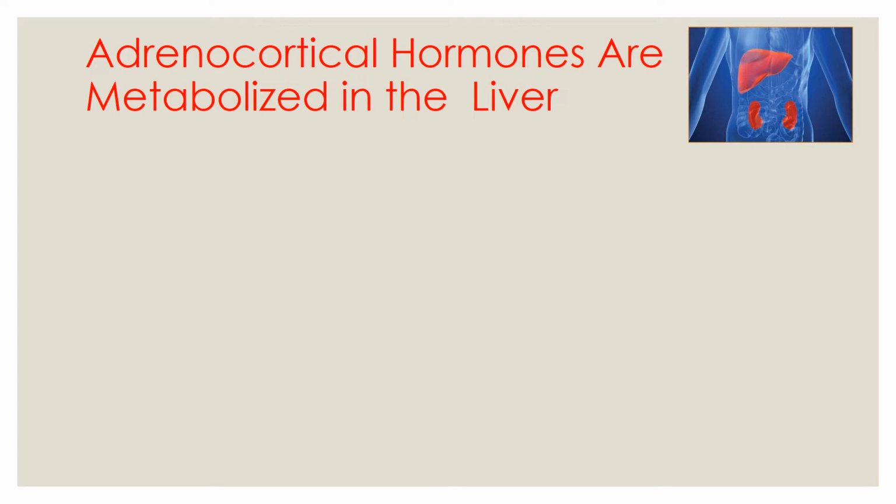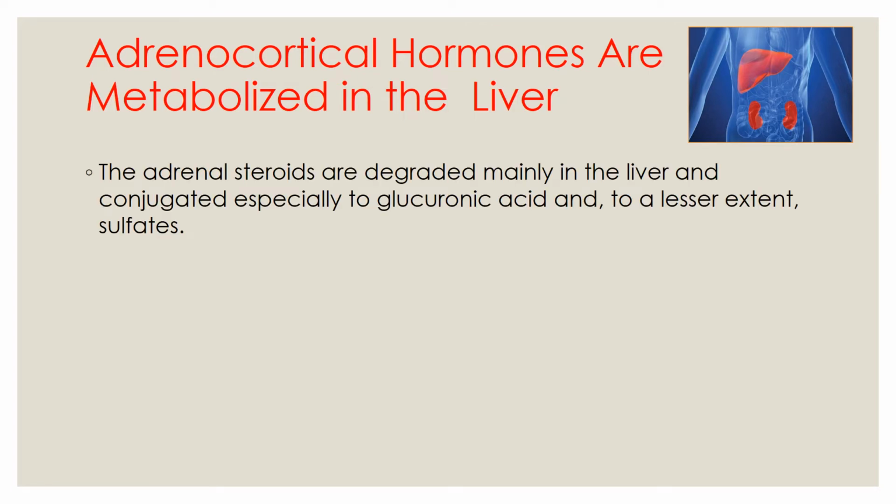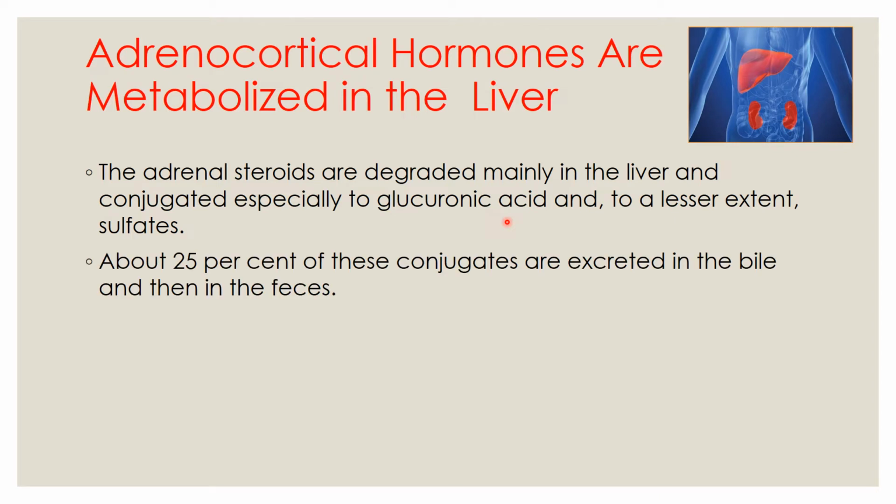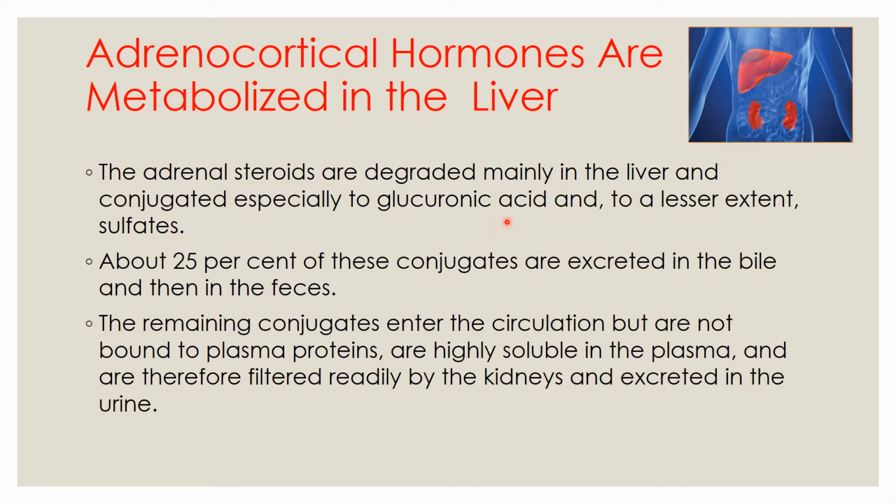So the adrenocortical hormones are usually metabolized in the liver. They will be degraded by the hepatocytes through conjugation, especially conjugated to glucuronic acid and to a lesser extent to sulfate. Once conjugated, around 25% of them will be excreted in the bile and then in the feces, and the remaining